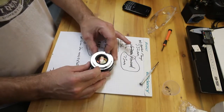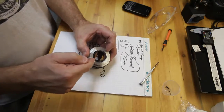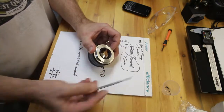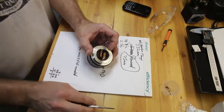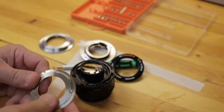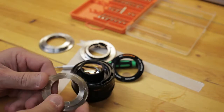This is almost complete. All I have to do now is use the aperture mechanics flange as a template to drill the holes, and the holes will be screwed in on the flange here, and I should be good to go. Okay folks, I'm done drilling the holes in the M42 to EOS bayonet mount,